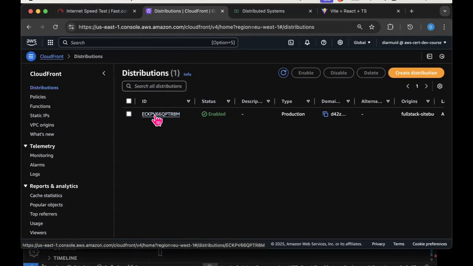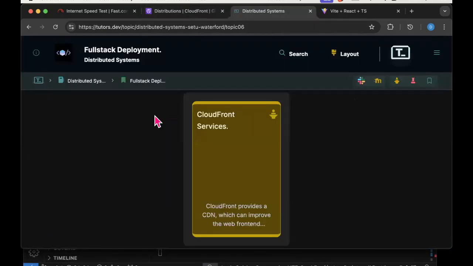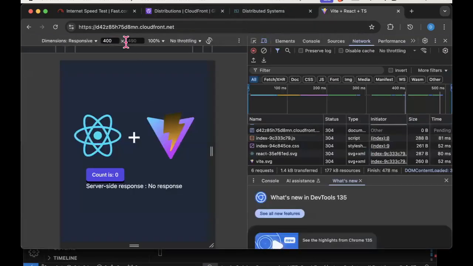We don't need to drill down into it for now, but in my browser here, so when I hit return on this URL, what happened was